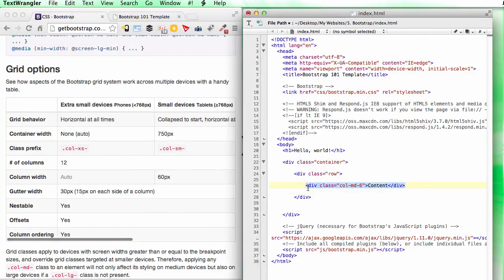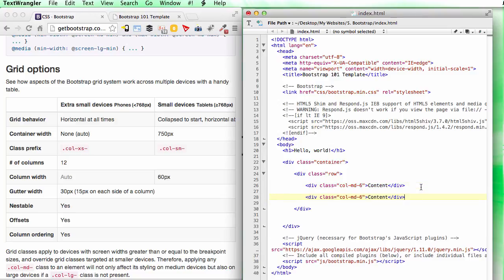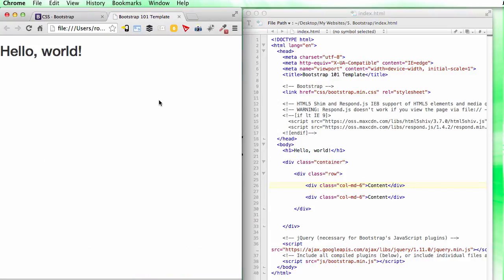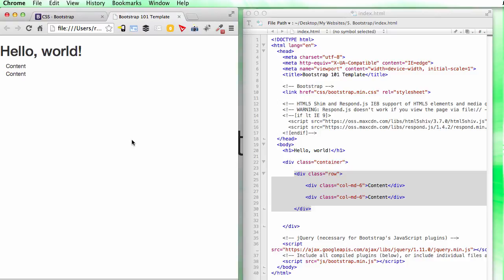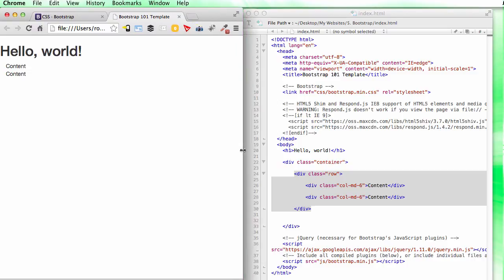So let's go back to here. So we have our content there. I'm just copying and pasting that to get another one. So let's have a look. So at the moment our content divs are stacked because we're below the 768 pixels. If we then stretch it out,